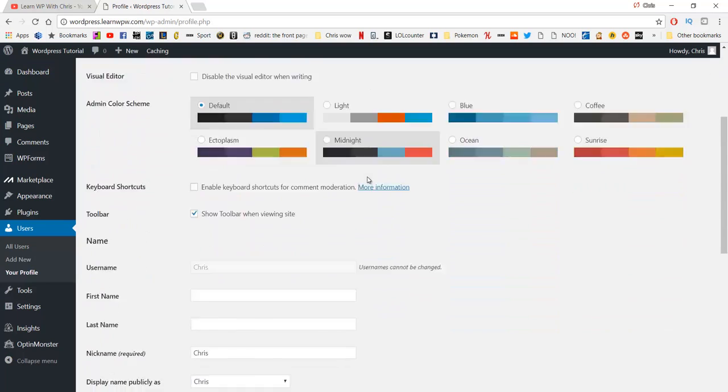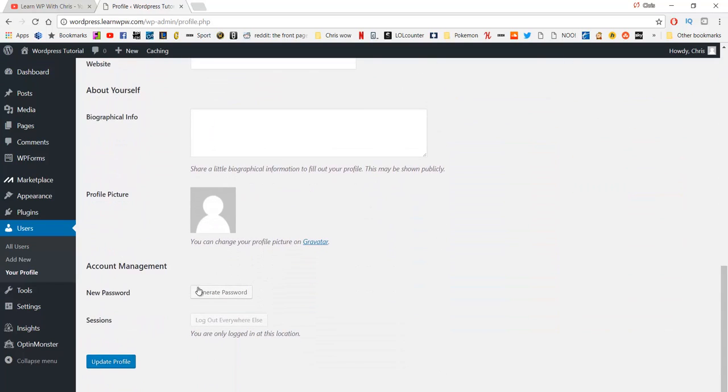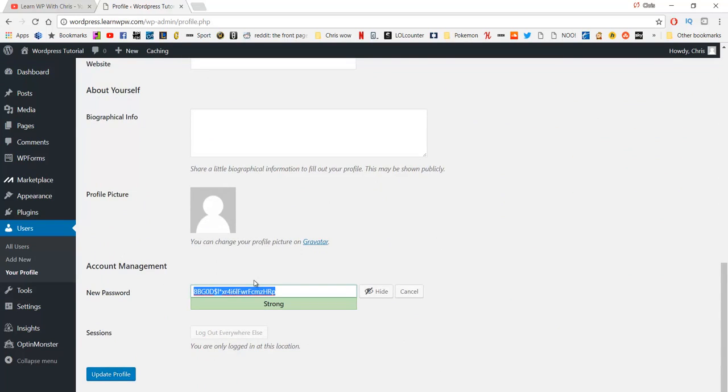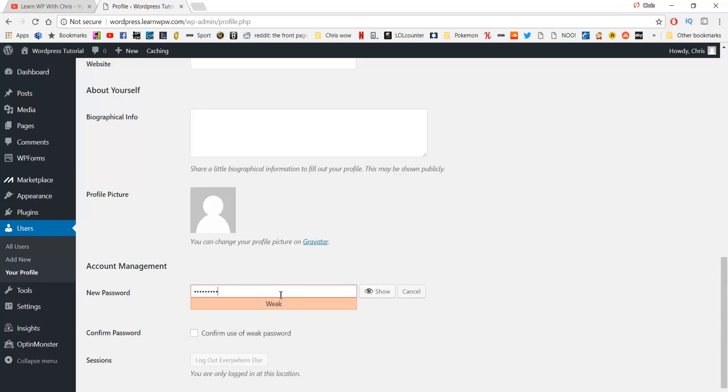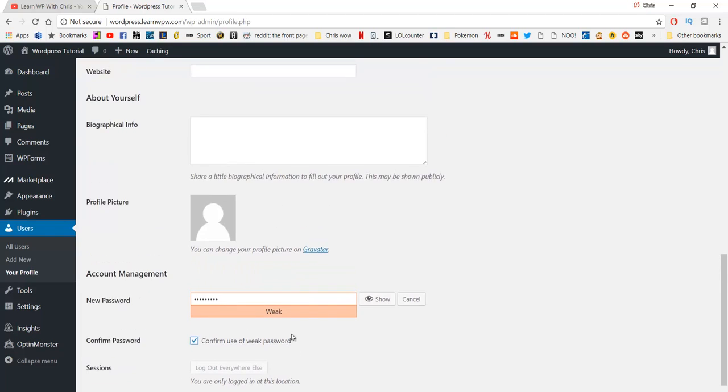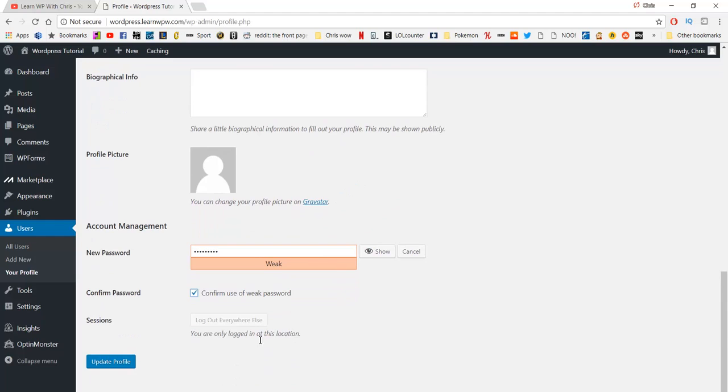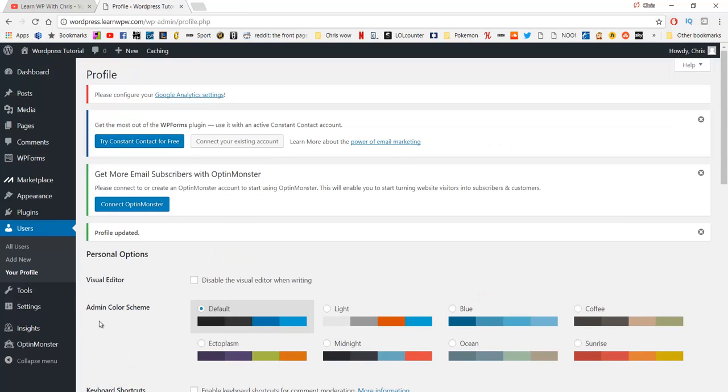you can scroll down from here. Here is where you enter in your new password. Make sure that it's something safe and secure, and something that you will remember as well. Yep, confirm use of weak password. Everyone knows to use a stronger one, but this is just for a test. So once you've done that, just click Update Profile. And then if you head back to the dashboard and then Home,